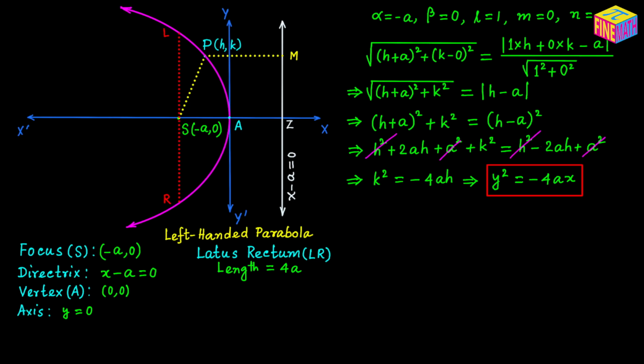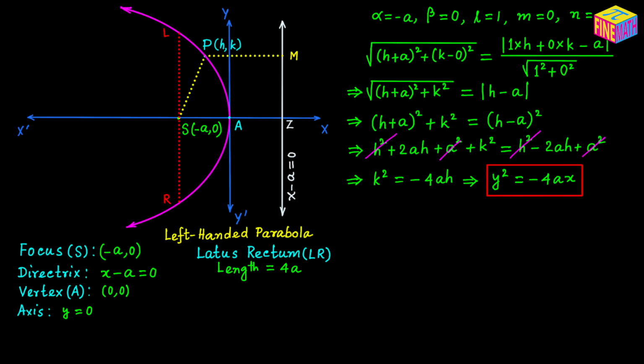And because we are talking about the length, the sign is immaterial. We just have to concentrate on the length, I mean the absolute value here. And a is a positive number anyways. So 4 times a will be a positive number, and that is good enough for the calculation of the length